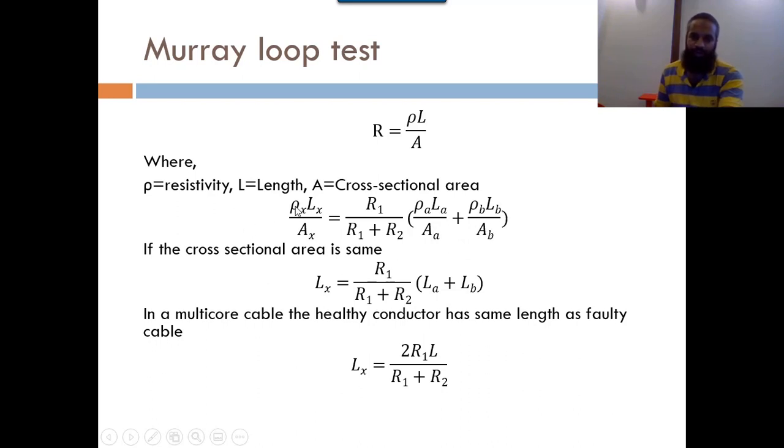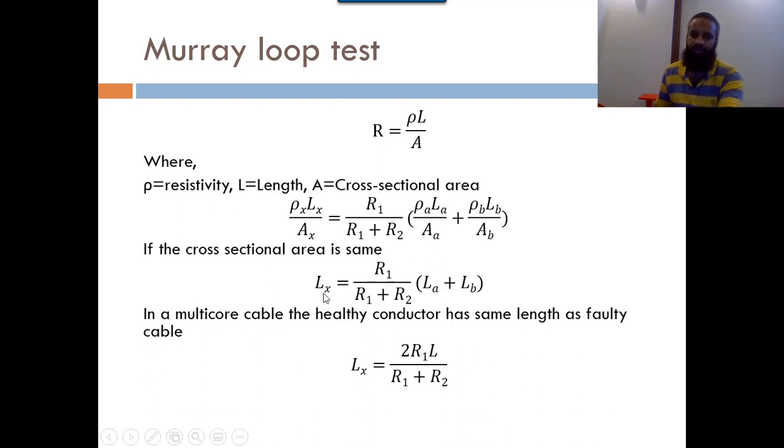If we take common rho x Ax, rho A Aa, rho B Ab, as you know that the conductor is the same, so the rho and A of every side of the conductor is the same, so we can cancel out rho and A. So the overall formula is Lx is equal to R1 over R1 plus R2 into La plus Lb. So from this formula we can calculate